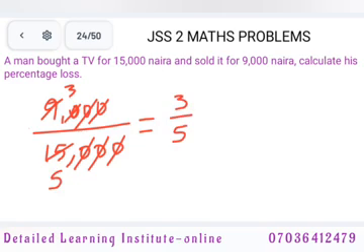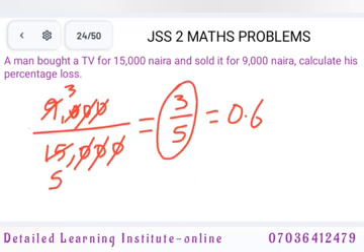So now we are going to convert this into decimal. To convert 3 over 5 into decimal, what is it going to give us? So we'll do the calculation and we'll have our answer. So that will give us 0.6. You can use the long division method to solve this 3 over 5, or if you have a calculator beside you, you can use your calculator, but I will encourage you to learn how to use the long division method for that. If you don't know how to divide with the long division method,